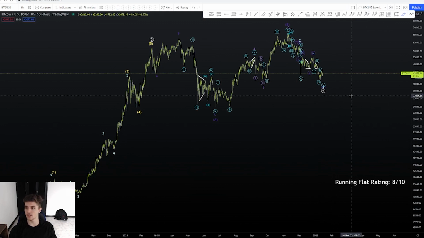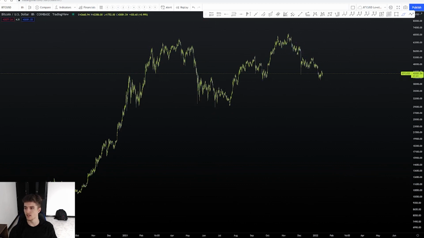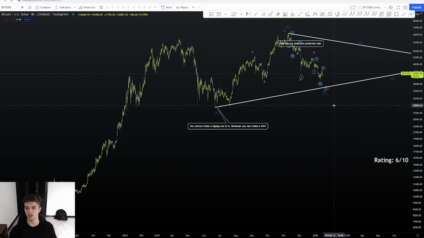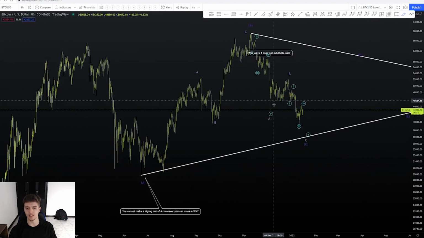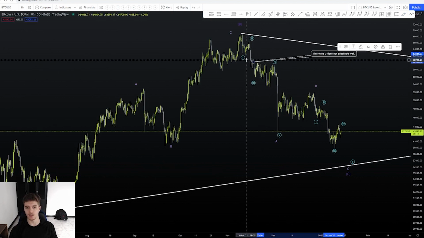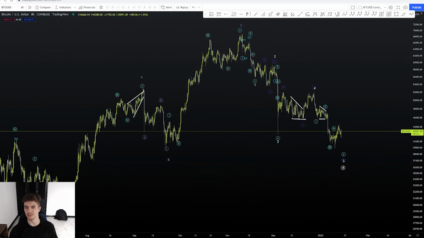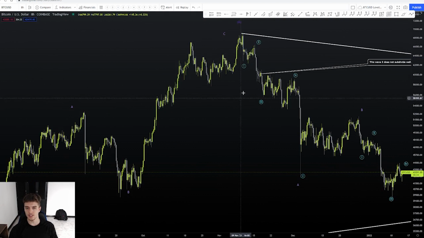So now let's move on to the next count that I wanted to show you guys, and that would be actually a running triangle. So this is basically under the presumption that instead of this all being an impulse wave, it was actually an A, B, C. But if we were to do that, I need to first mention that we'd have to put a minute wave 1 here, minute wave 2 here, which is the same as what we did in this count. The only difference is that we count this whole wave as an impulse wave,